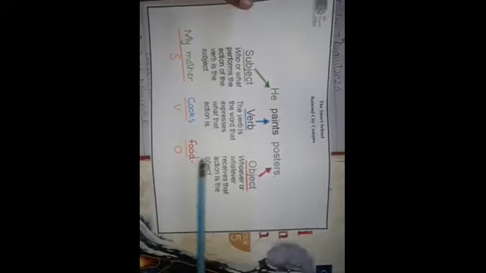Alright, let's take another example. My mother cooks food. We can split this sentence in three parts: subject, verb, object. That is SVO. My mother is the subject because she is the performer of the action. Cooks is the verb because it is a doing word, and food is a thing which receives some action, so it is our object. Object can be a person or a thing. So this is basically SVO, subject, verb and object.